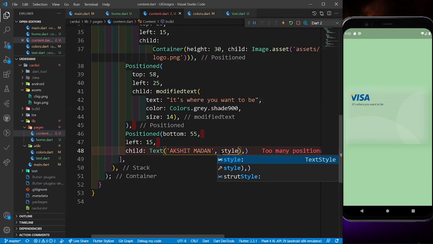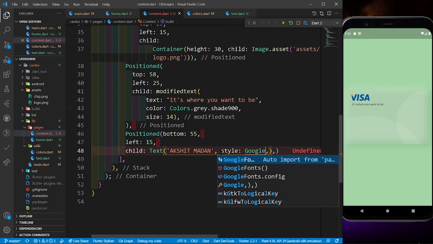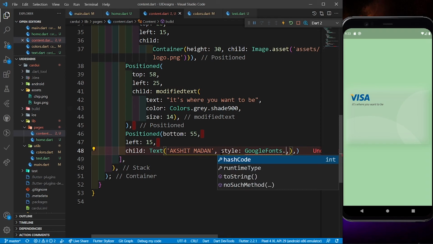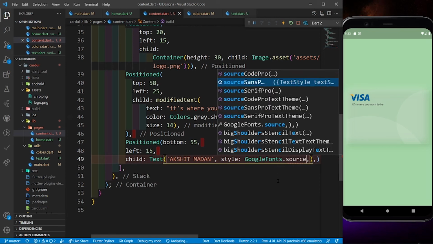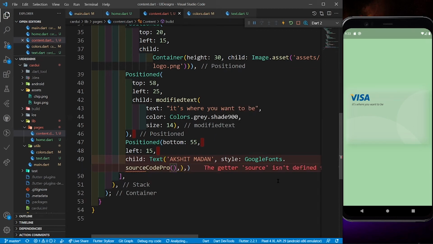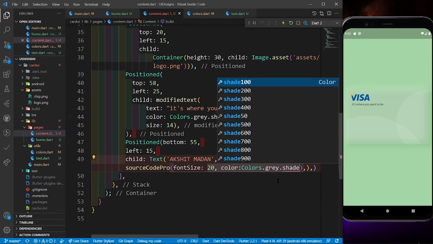So let's write style Google Fonts dot, this time I'm going to use the font of Source Code Pro, but first of all we have to import this Google Fonts Source Code Pro. Yes, this one. And I'm going to define the font size 20. Color will be colors dot gray dot shade 800,